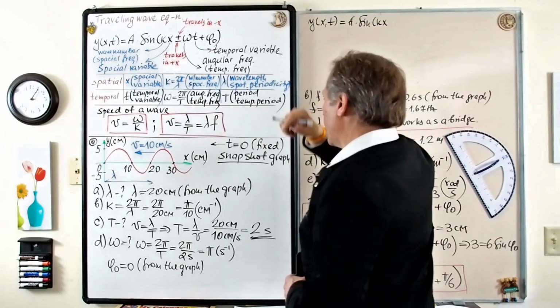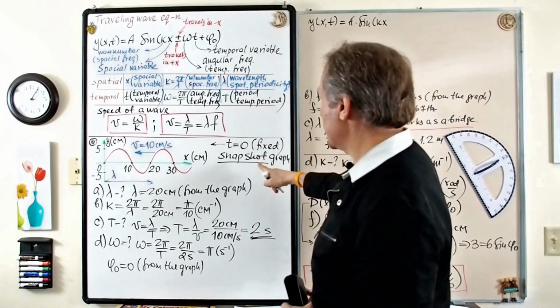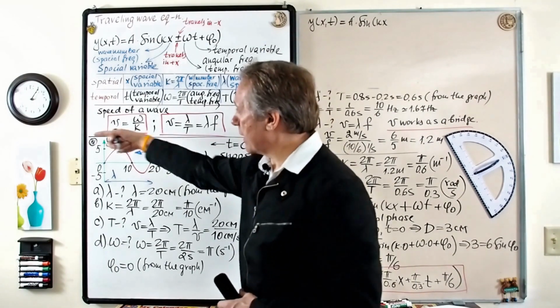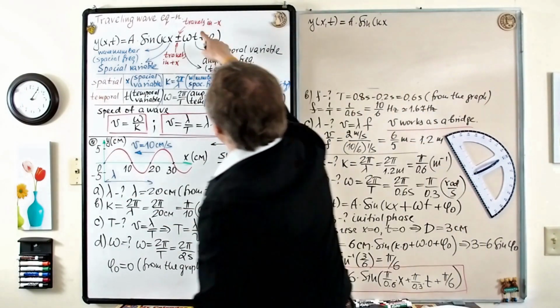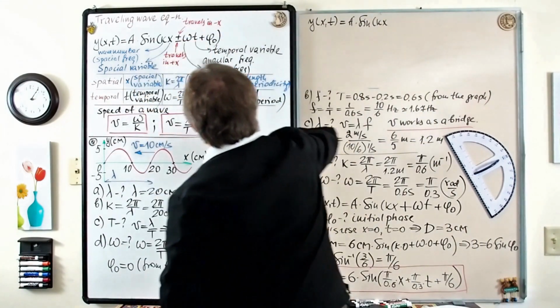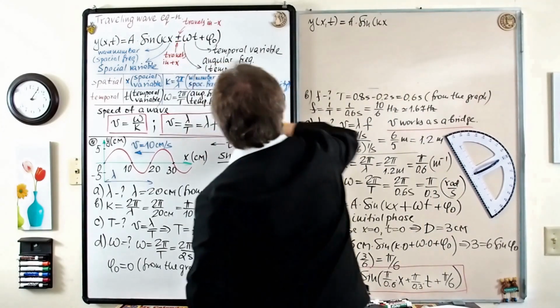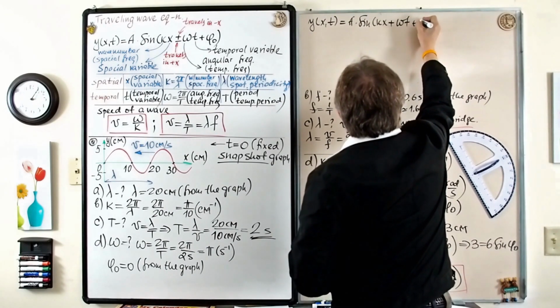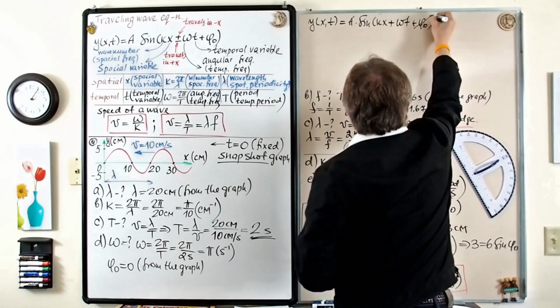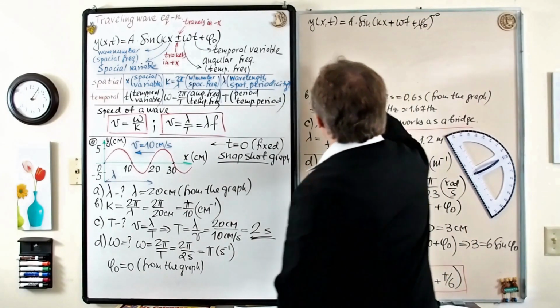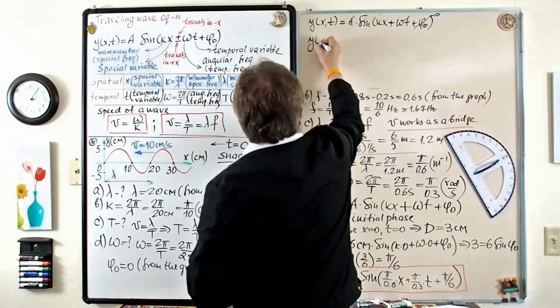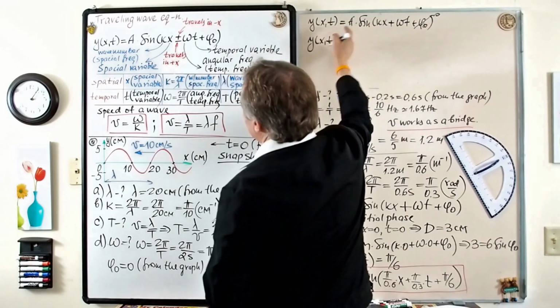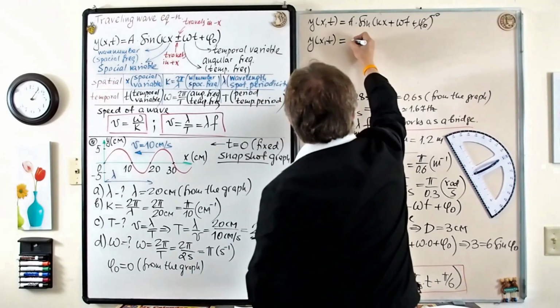Okay, our wave propagates to the left, you see, the speed is to the left. So it means that for the left, minus x, we should have plus omega t plus phi naught, but of course phi naught is 0, right? Okay, so now y of x,t equals amplitude is 5